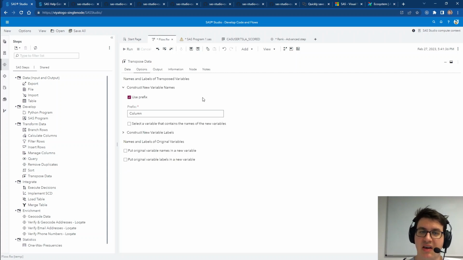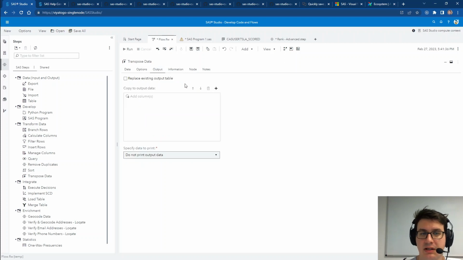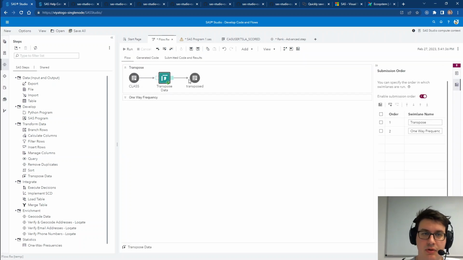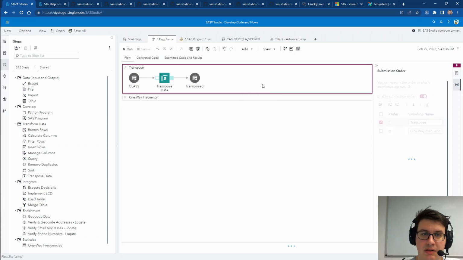You can also specify how the output columns are called and whether or not to keep original label names or names in general. And the same can be done for the output. You can specify which variables should be copied and if you see the results printed to the results tab. That's very handy indeed. So let's run the swim lane